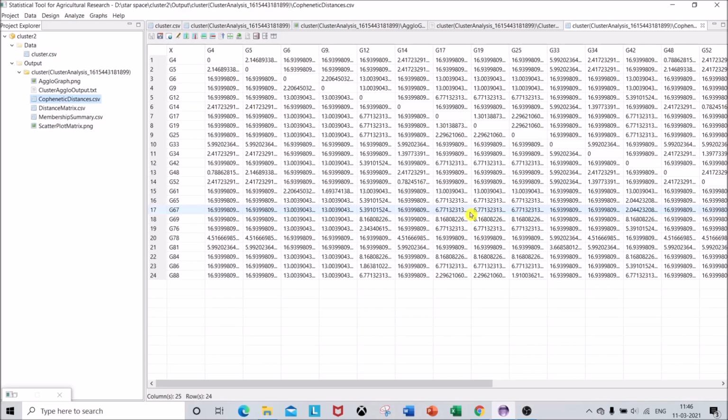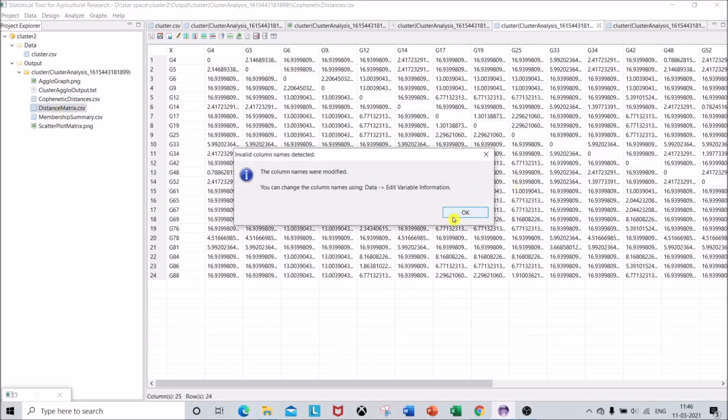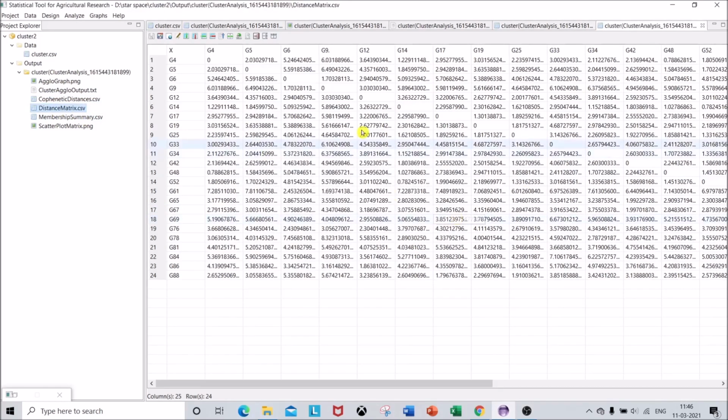Using this matrix only, the dendrogram's branches are constructed. You can also see the distance matrix between the genotypes, how well they have been clustered and at how much distance, in this matrix.